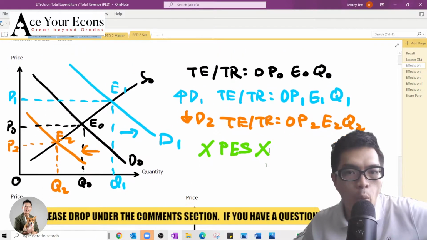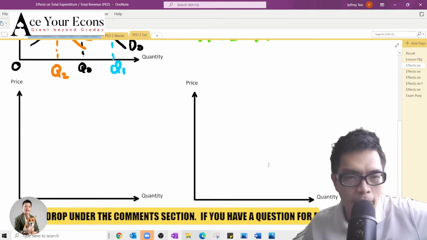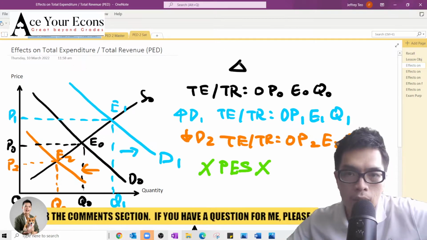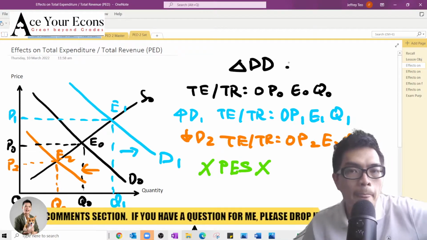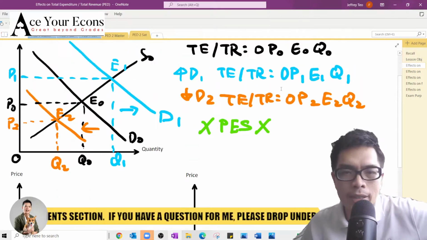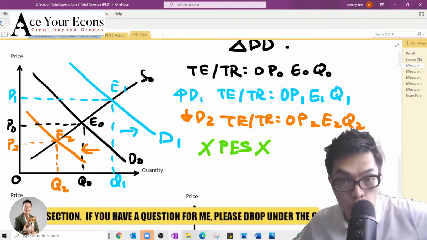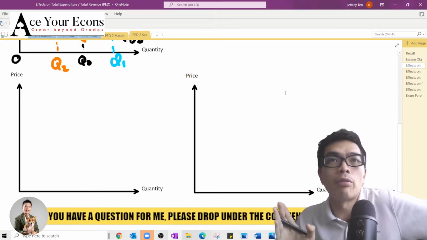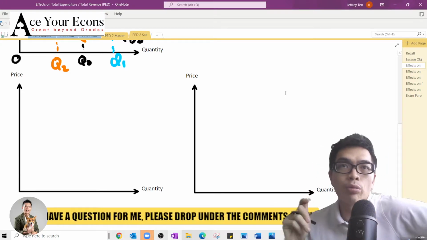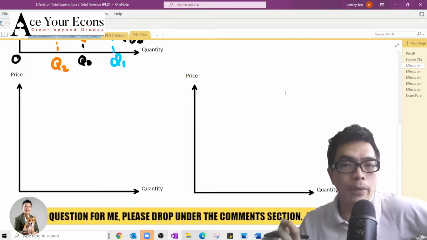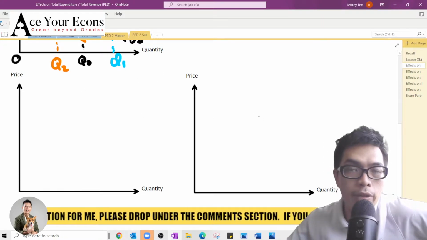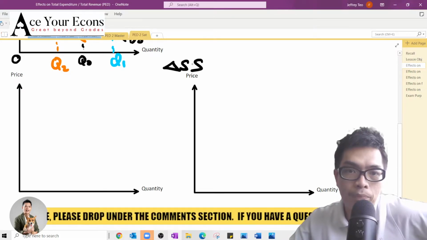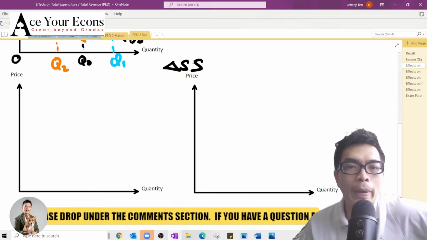But when there is a change in your supply, this is what we call change in your demand, when there is a change in your supply, we can't be sure. So I'm just going to show you an example. Please join me in this. Remember, when you start drawing, this is where you start learning. Why is it that we can't be sure? You can see that I have two scenarios here. There's two diagrams to be drawn. Let's say there's a change in supply. Let's consider this. There's a weather factor, right?